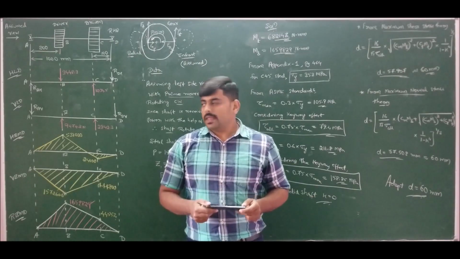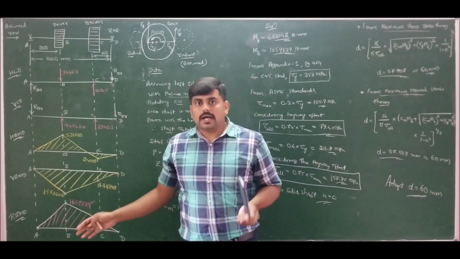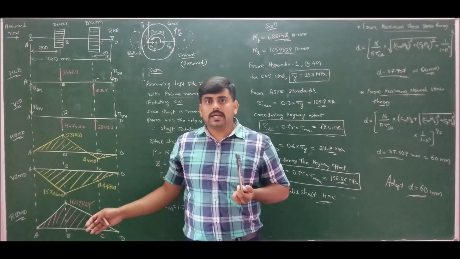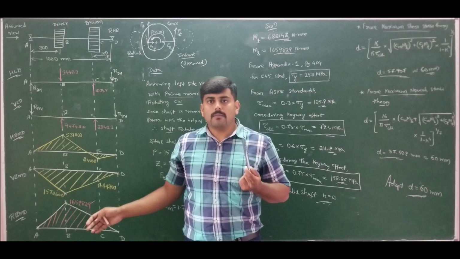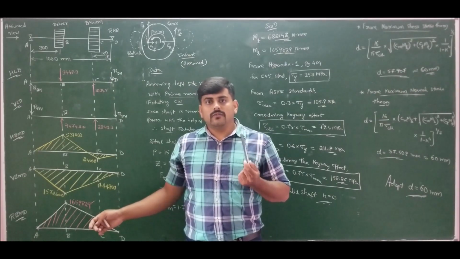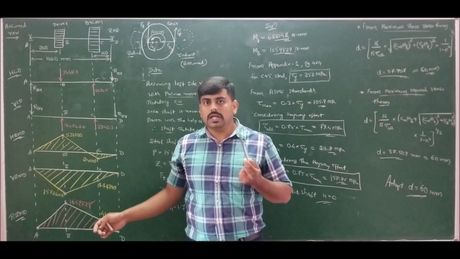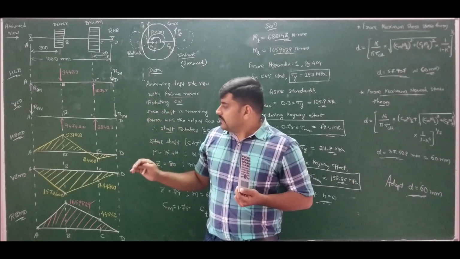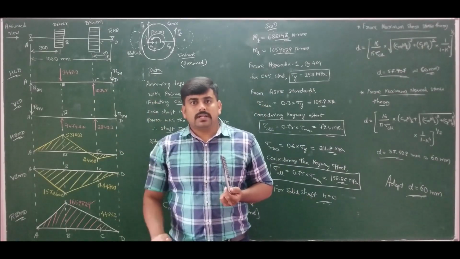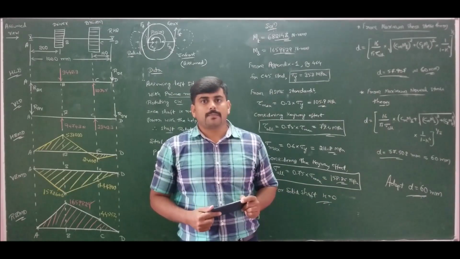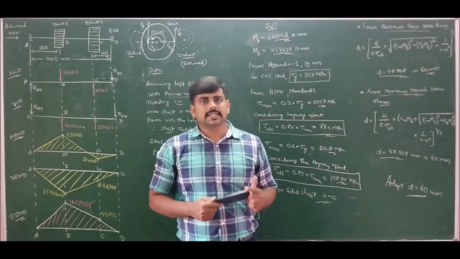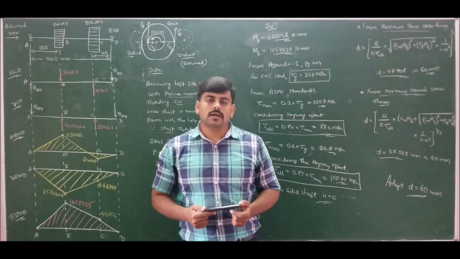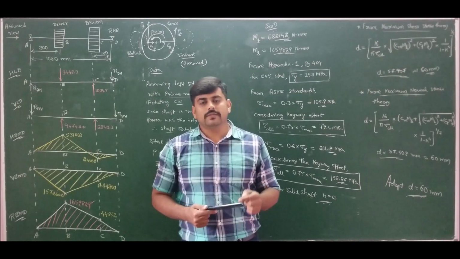If you do so, you will get the bending moment according to your assumption, but you should follow the correct procedure. That is, in the horizontal load diagram, forces acting towards the observer are marked vertically upward. Forces acting away from the observer are marked vertically downward. Accordingly, if you solve correctly according to your convention, you will get the bending moment diagram, but the final diameter will definitely be the same. You can try the same problem by taking right side view with different sense of rotation. Follow the procedure and check whether you get the same answer or not. Kindly comment your results below the video.